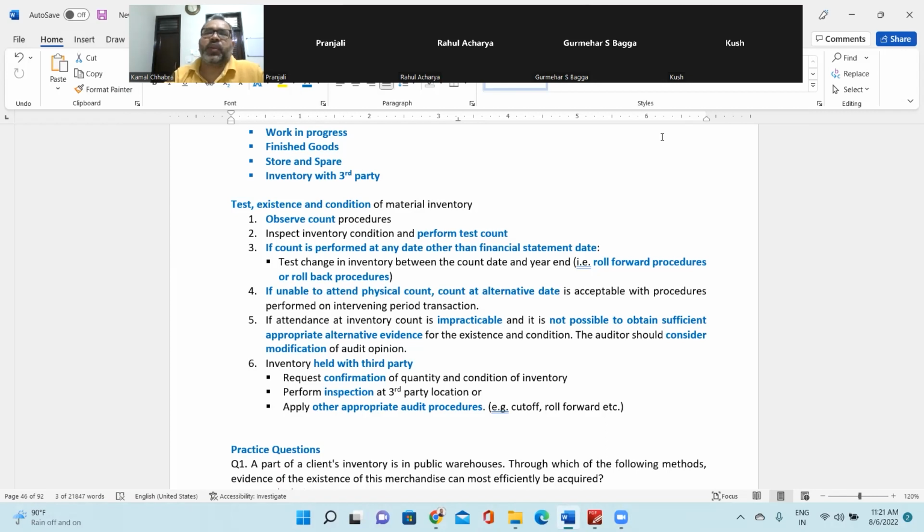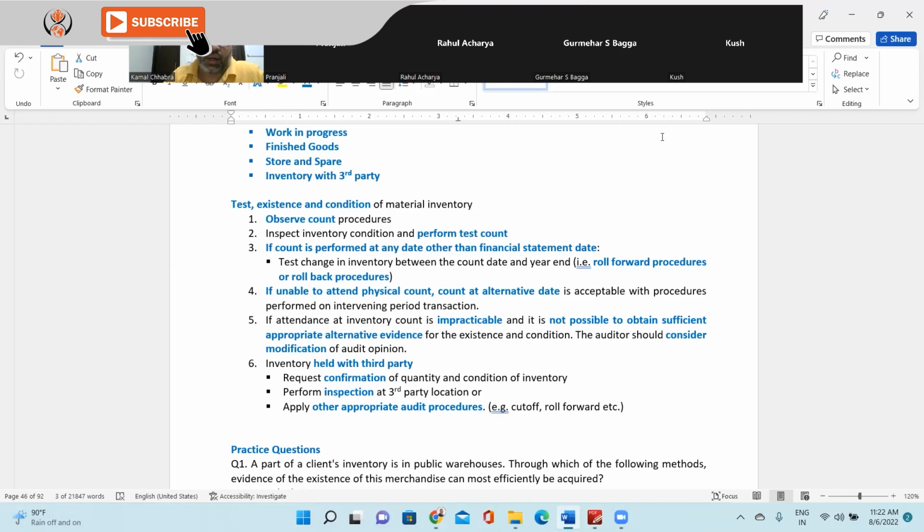For example, let's say you have taken an inventory listing from the system. From that listing you have selected, let's say, 20 samples, 25 samples, or 30 samples, and you go with the management and check whether those exist on the floor or not, whether they are available with the management or not, right? And the other side, you select randomly a sample which is lying on the floor. Is it also available in the inventory record which you have taken in the books? So you do both-way testing, from sheet to floor and floor to sheet, to ensure the completeness and existence of the inventory, right?